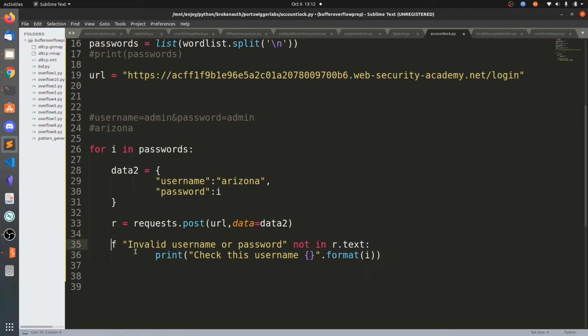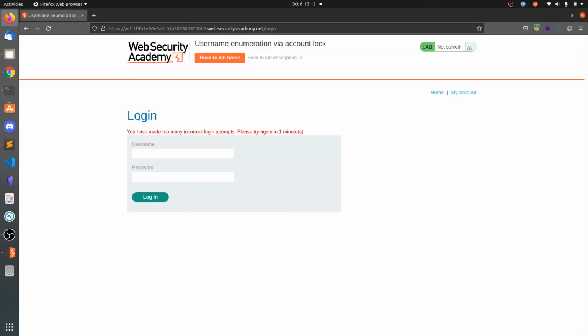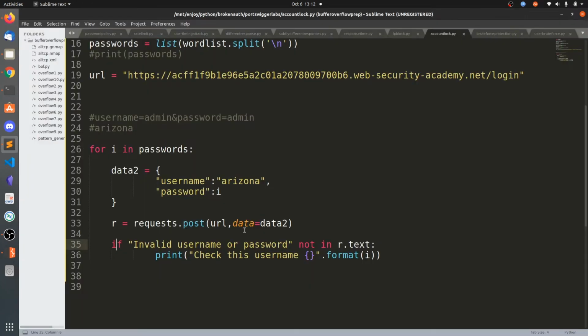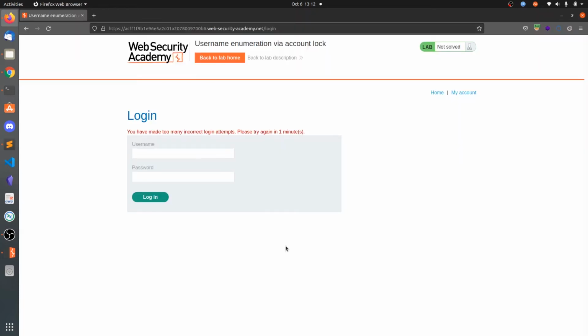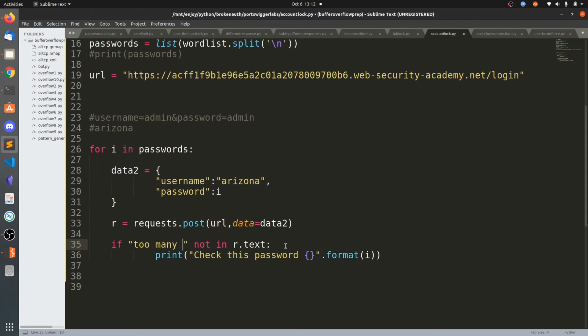Here we are going to filter the message "too many incorrect login attempts". If the text is not there in the response, then we can say check this password i.